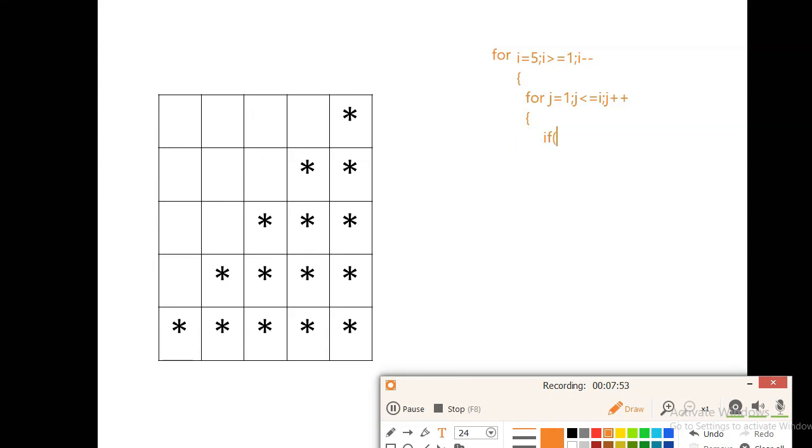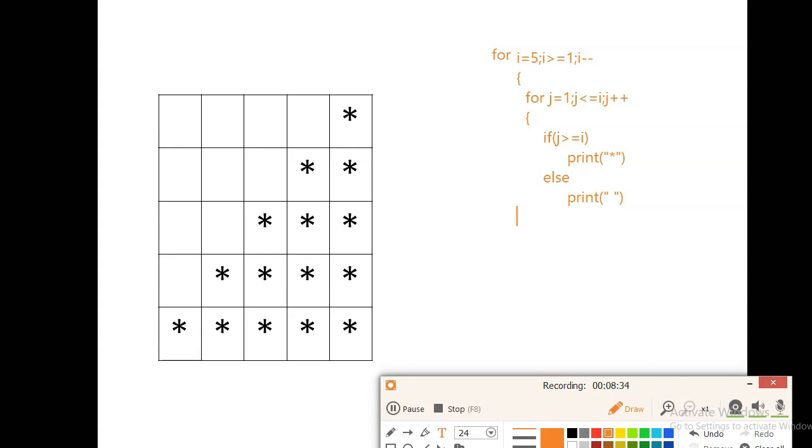If the j value is greater than or equal to i, then print the star, else print the space.